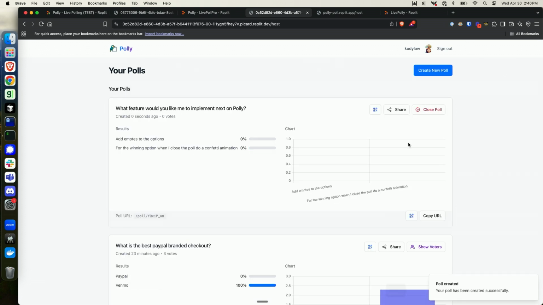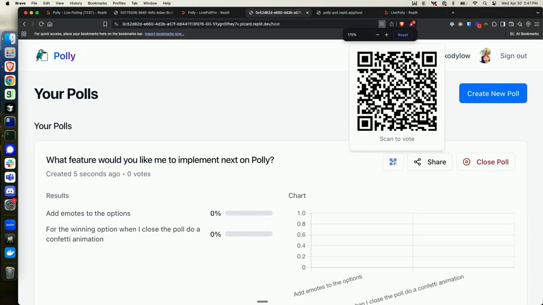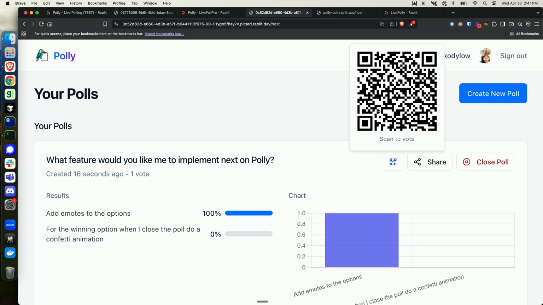So I can create the poll. And like I said, this is live and this works, so you guys can vote on this right now. If you want to pop your phones out, you can just scan that QR code, and then it'll let you do the vote. And then we can see it pop out. There we go. I'll let this run for another maybe 2 minutes.